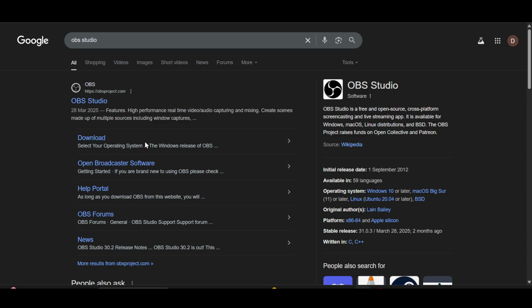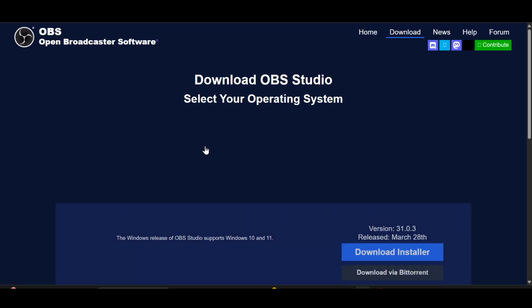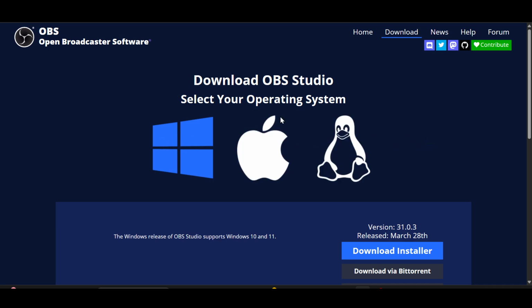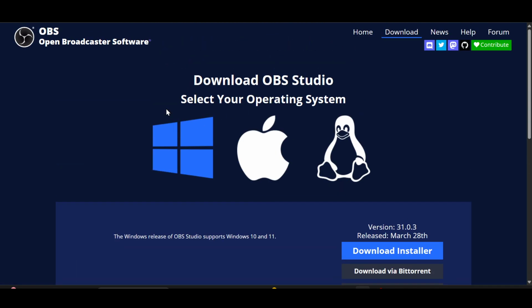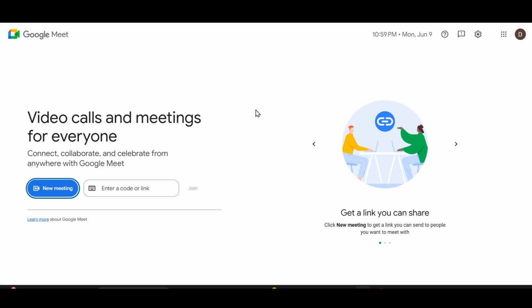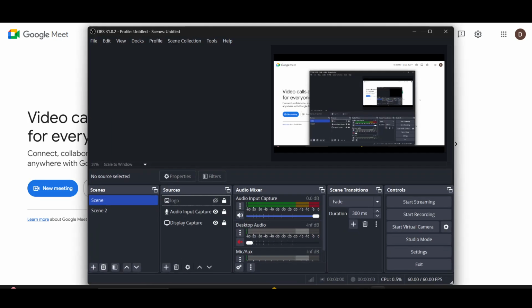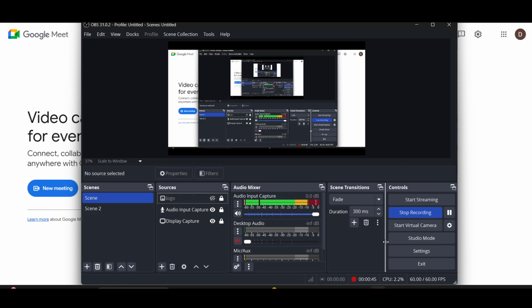download. So it will show the window of download on your operating system. Here are the multiple operating systems like Windows, Apple, and Linux. So whichever OS you have, you can download according to that. And after downloading, you will see the application on your desktop, and after that open that application, and from here